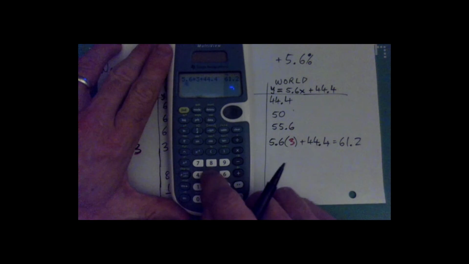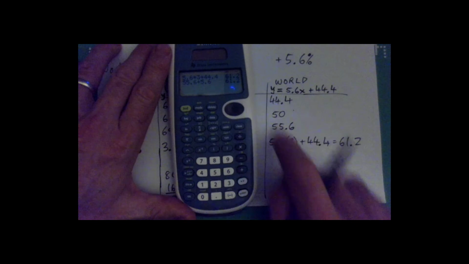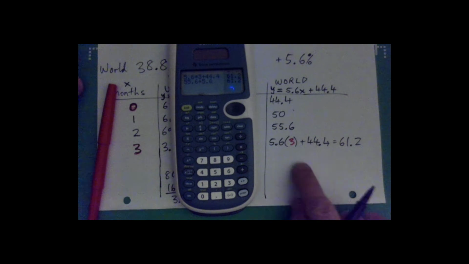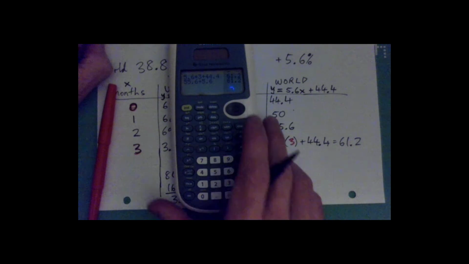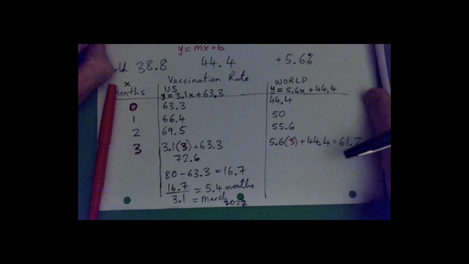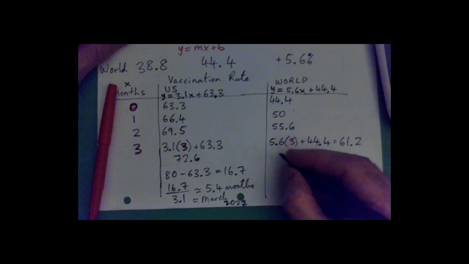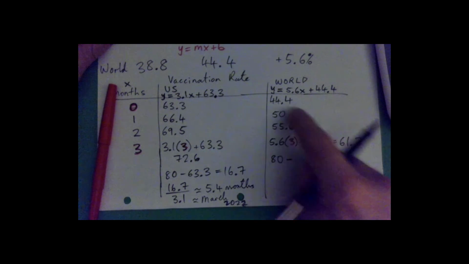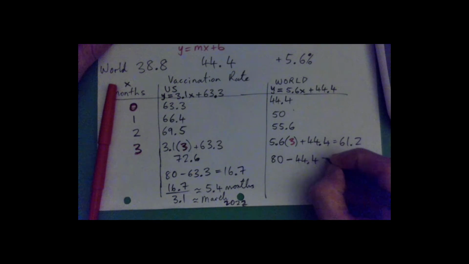Because look, 55.6 plus 5.6 is 61.2, right? So that is the correct formula for the world, right? Linear equation though, right? Okay. So how long before we get to 80%? Well, that's not really that hard because you just go 80 minus where we're at right now in the world, 44.4, and get